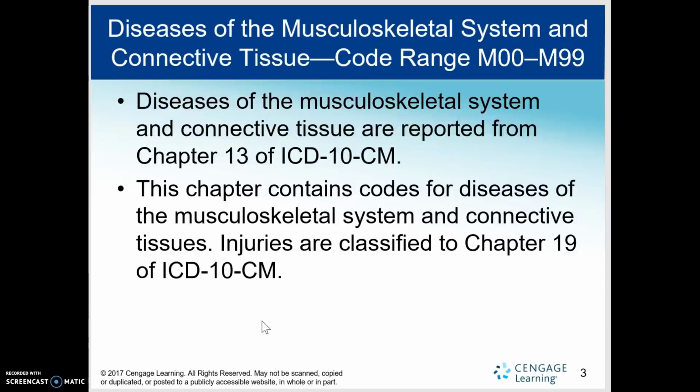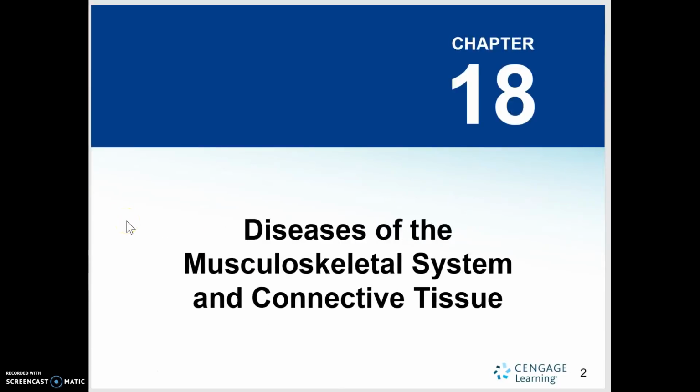In fact, let's go ahead and take a look at code M84, diseases of continuity of the bone. So pause the video if you need to, flip to code M84 in your ICD-10 code book. Take a look at M84. It says disorder of continuity of bone, M84. Well, just M84 alone needs a 4th digit. So the next option we have is M84.3, a stress fracture. Well, that also needs a 5th digit. So now I have to keep going down until I get to